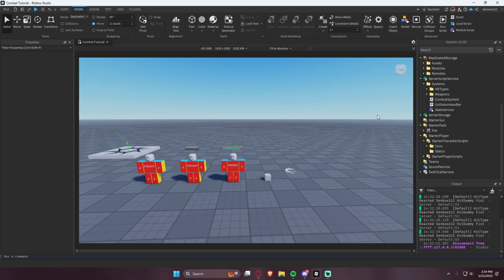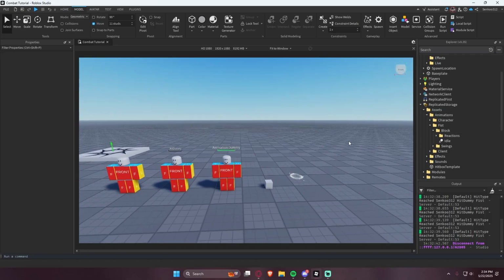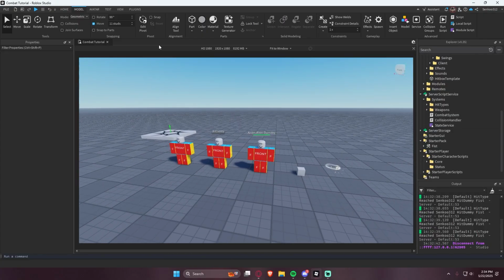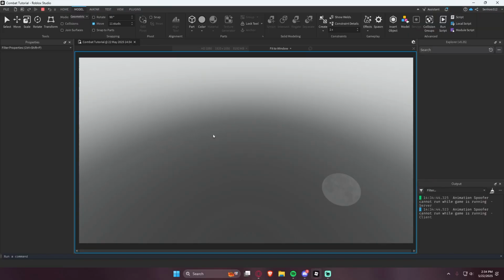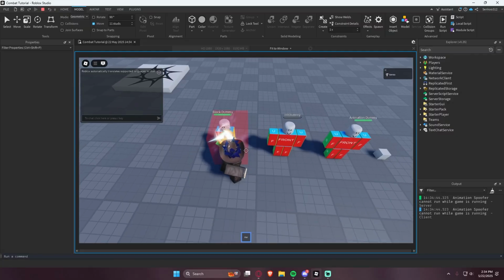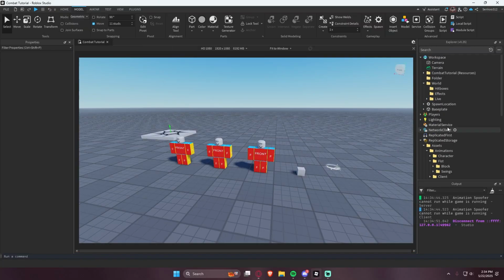Another thing we want to do is we want to add the block reactions or the block shrug. Because you notice in the animation resources that I left in the description, there was something called block reaction, Shrug 1 and Shrug 2. So we're going to use these to actually make the dummy have a sort of animation when they get hit while they're blocking. As you see right now, there's no animation. So in order to do that, we can go to